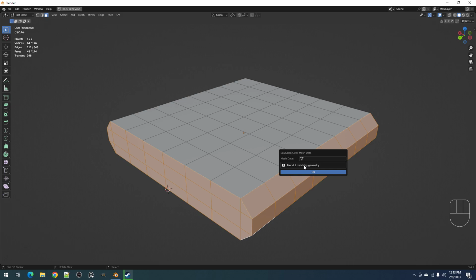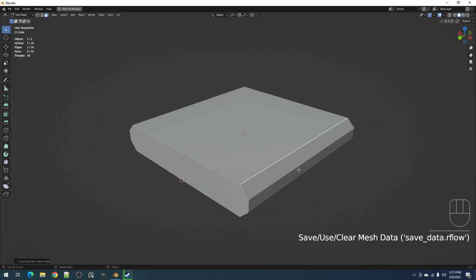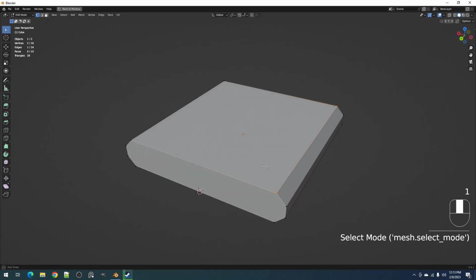So if it found more, the list will go on down, but the one that is closest to this geometry will be the one displayed at the top. So the one at the bottom is the least likely to be this mesh, and the one at the top is the more likely to be this mesh. So let's use this. Okay, so now we have our old mesh back,